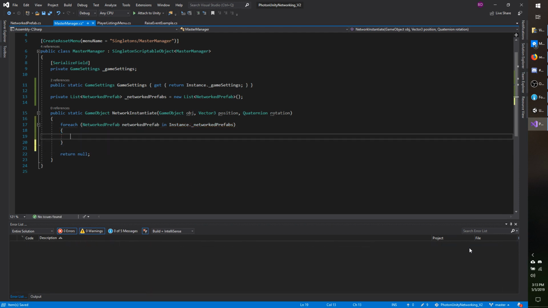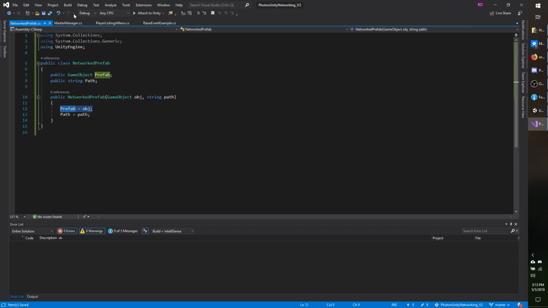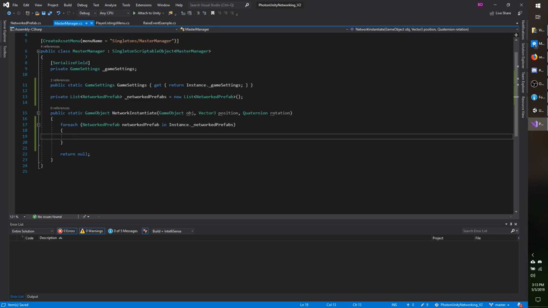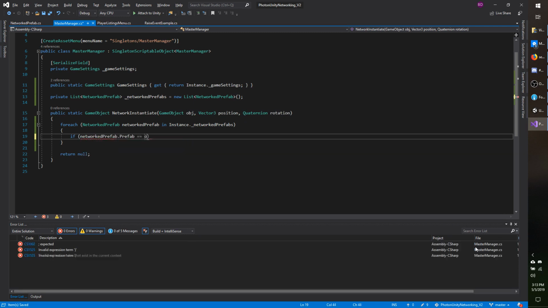And here's where I'm going to check for the object to make sure it matches up with the prefab variable right here. And if it does, that's where I will do my instantiation, set the position and rotation, and then return the object. So I'll do if network prefab.prefab equals obj